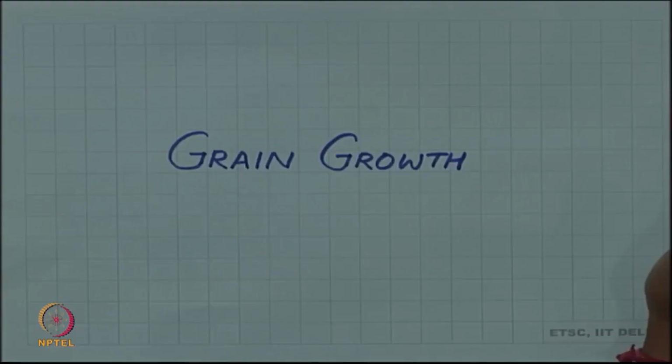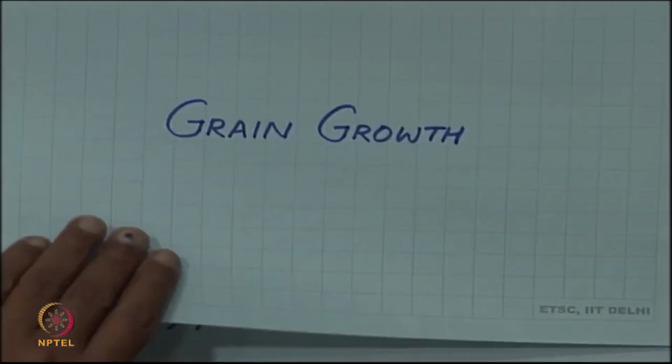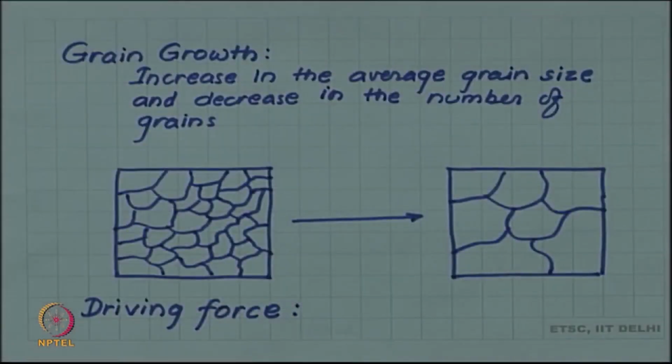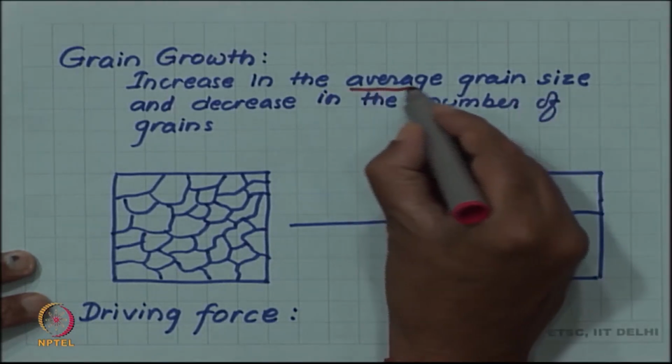The final stage of annealing is the grain growth. The first stage is recovery, second recrystallization, and it is followed by grain growth. So, grain growth, as the name suggests, is increase in the average grain size,